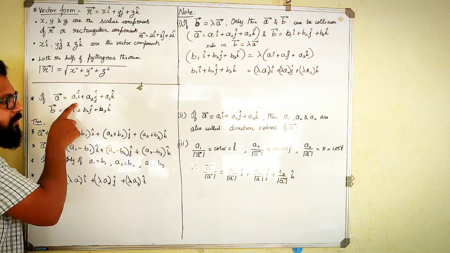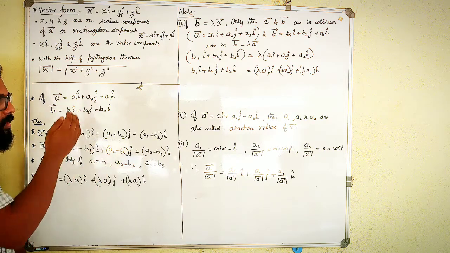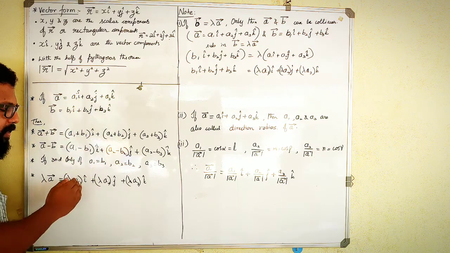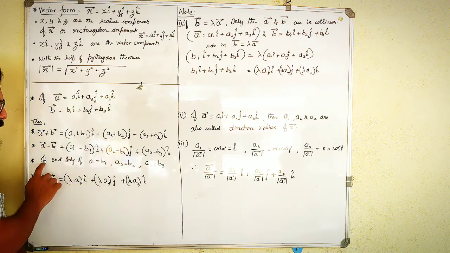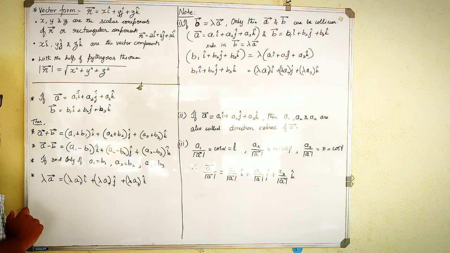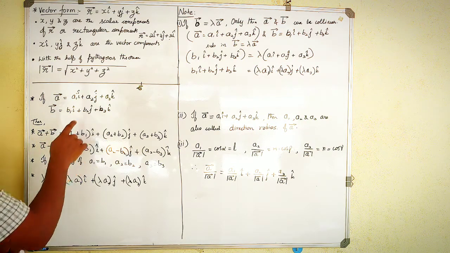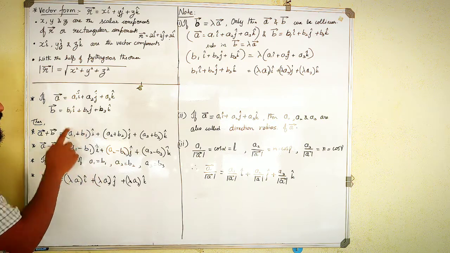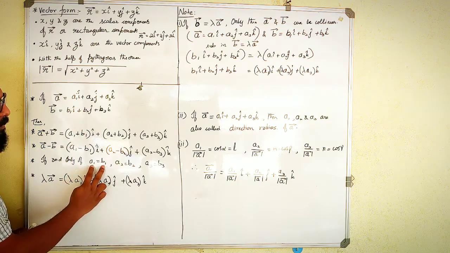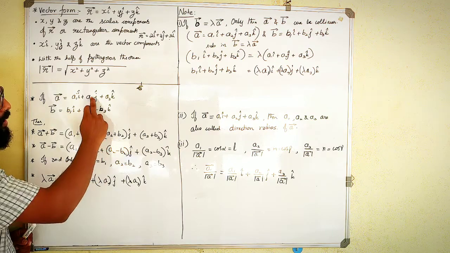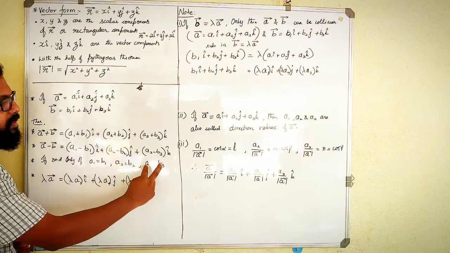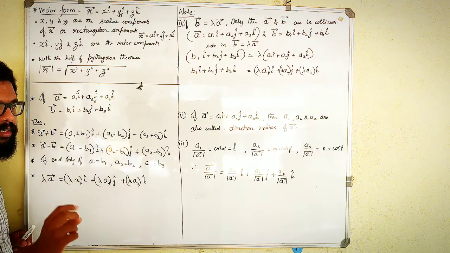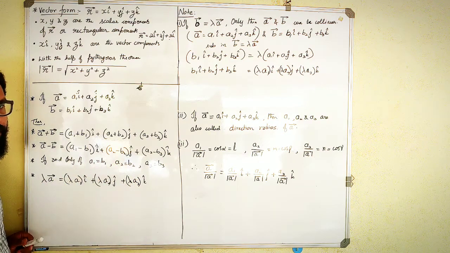It should not be like a1 is equal to b2. The respective xyz components are equal to themselves. Then only the vectors are equal to each other. They are called equal vectors. You can see that here i cap is nothing but the x component, in which a1 is equal to b1. Check it. If a1 is equal to b1 and a2 is equal to b2 and a3 is equal to b3, then only the two vectors are said to be equal vectors.